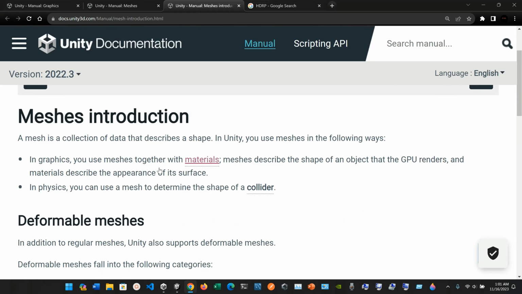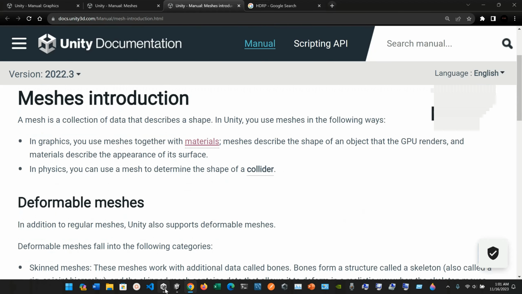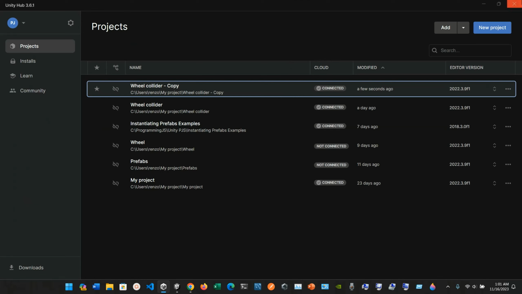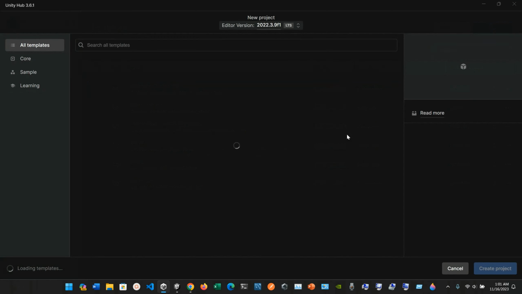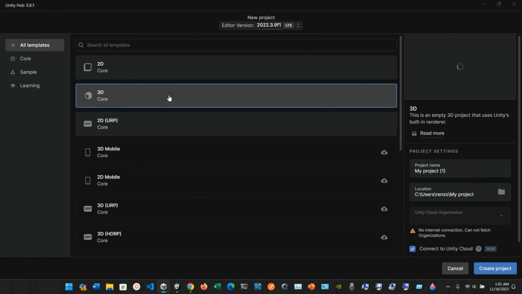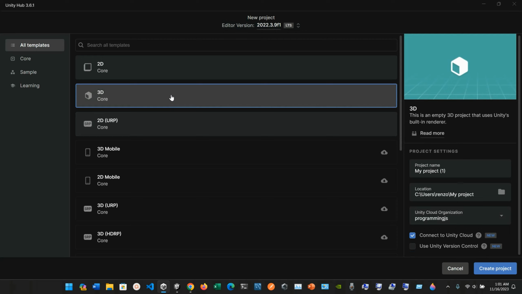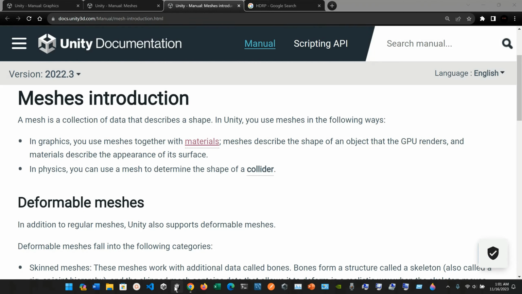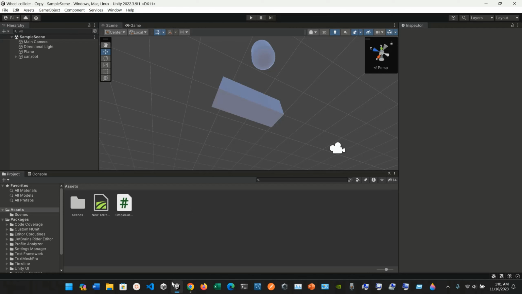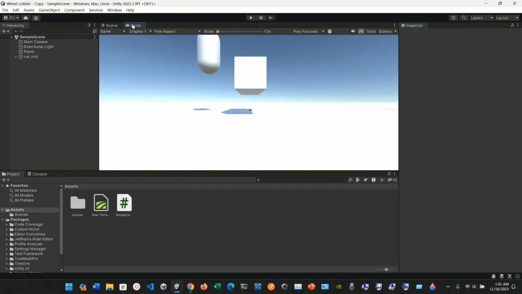into the meshes introduction. So let me open here one of my projects, the wheel collider or whatever project you have, and you can just click new project and then just start from a 3D project here, just 3D, and then create a project. So I'm gonna close it since I already opened this one, and we can just leave it like that for now. Okay, so